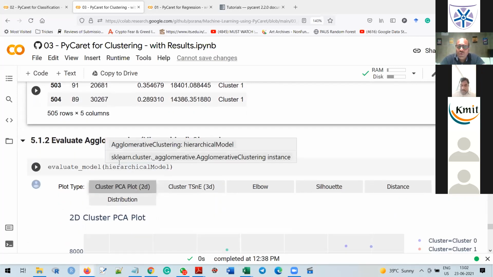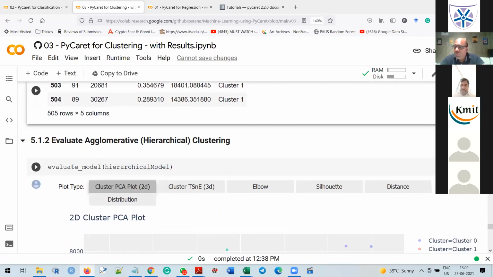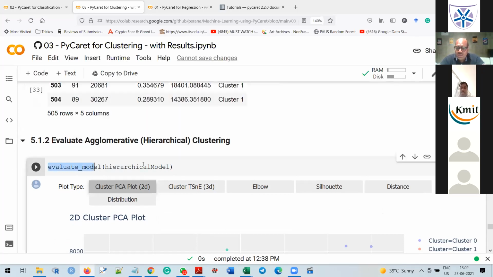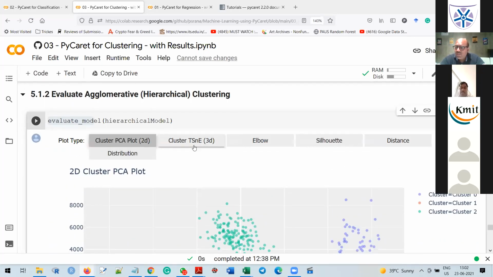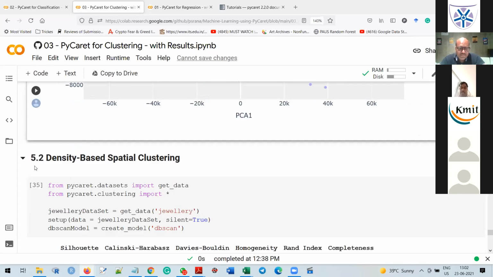Similarly, we want to evaluate, so we pass evaluate model, the hierarchical clustering model. You will find all the parameters: 2-dimensional, 3-dimensional, elbow, silhouette, distance, and distribution. I'm just skipping this part.